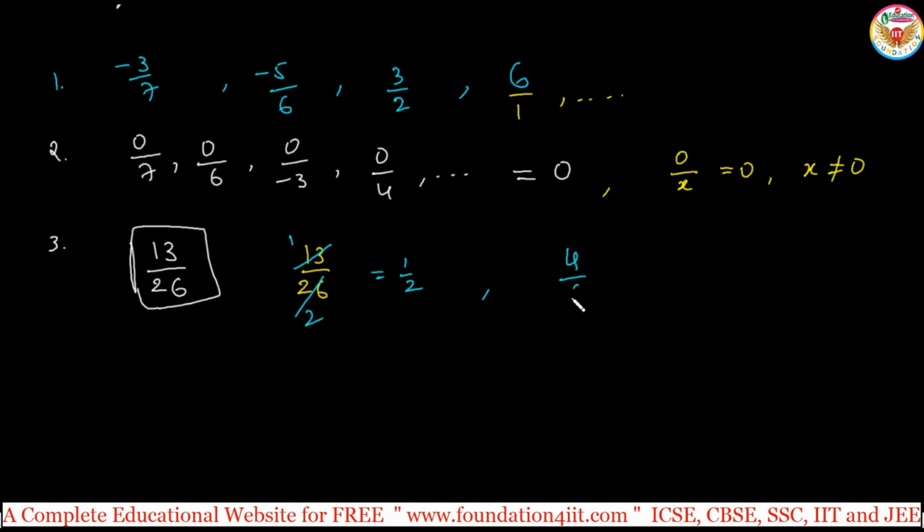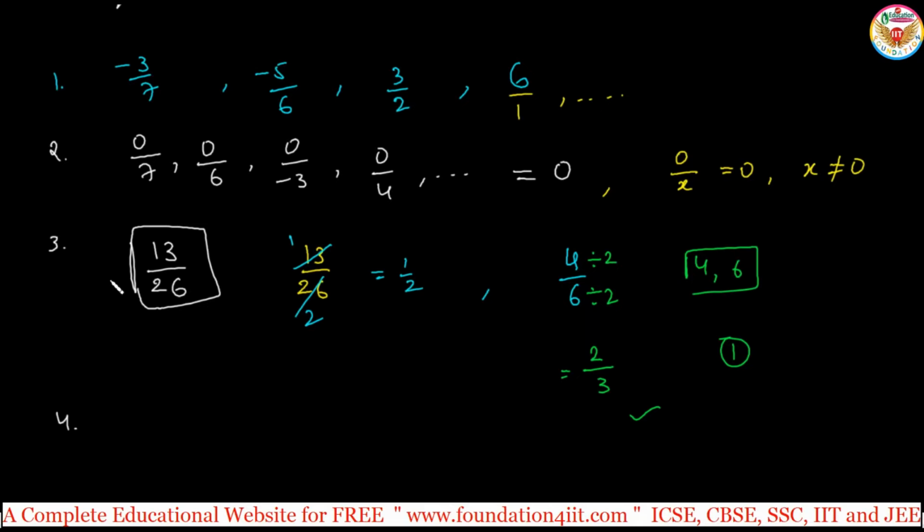Say for example 4 divided by 6. Okay, 4 by 6 is a rational number, but 4 by 6 is not in standard form of the rational number. So that means for 4 and 6 there should not be any common factor. So we can divide 4 by 2, 6 by 2. 4 divided by 2 is 2, 6 divided by 2 is 3. For 2 and 3 there is no common factor except 1. Except number 1, there should not be any common factor, then that is the standard form of a rational number. Okay, we can multiply or divide with any integer, the value does not change, but in the standard form there should be no common factor. So these are the basic things.